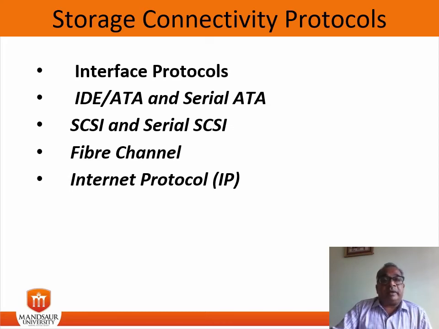Now, another is fiber channel. Fiber channel is a widely used protocol for high-speed communication to the storage device. The fiber channel interface provides gigabit network speed, and it provides a serial bus transmission that operates over copper wire and optical fiber. The latest version of FC, that is fiber channel interface, is 16FC, and that allows data transmission up to 16 Gbps. The last protocol is the Internet protocol, that is IP.